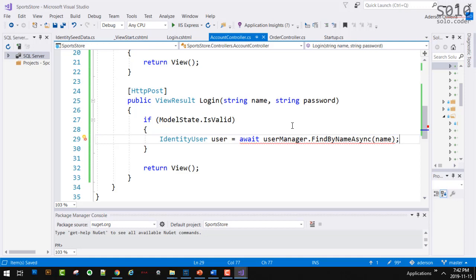Create, update, delete, find, like this one here, they are all asynchronous methods. Okay? Now, with asynchronous methods, we have to use the keyword await. So async and await. But wait, there's more.